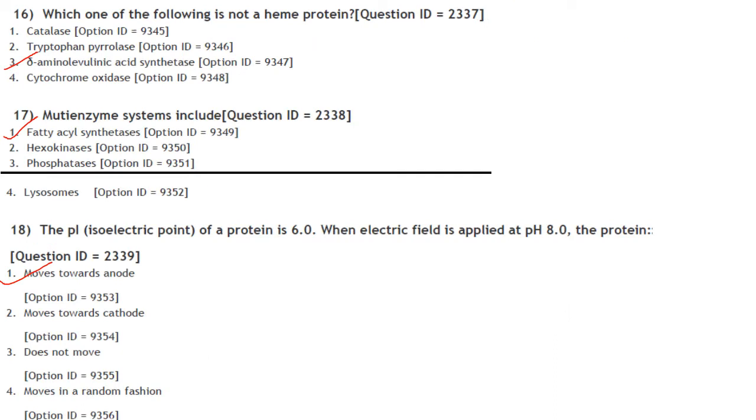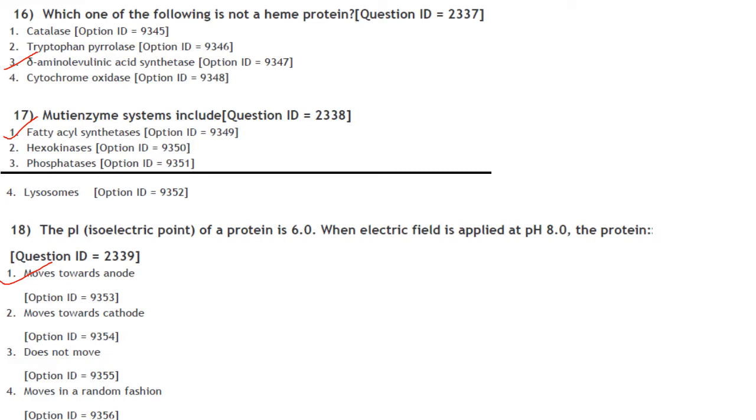Then which one of the following is not a heme protein? So delta aminolevulinic acid synthetase is not a heme protein. It is an enzyme that catalyzes the synthesis of delta aminolevulinic acid, the first common precursor in the biosynthesis of all tetrapyrroles such as hemes, cobalamins and chlorophylls. It is not a heme protein, but it catalyzes the synthesis of delta aminolevulinic acid, and the delta aminolevulinic acid is a precursor in the biosynthesis of tetrapyrroles such as heme, cobalamins and